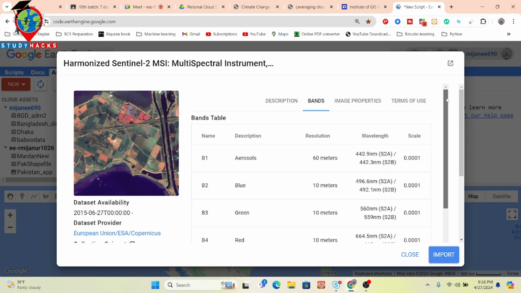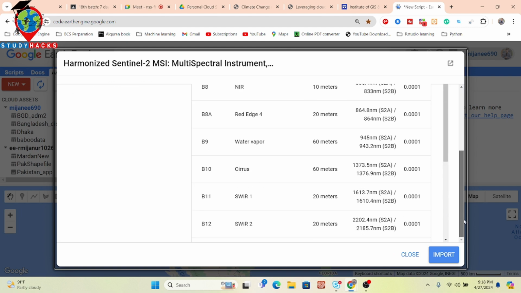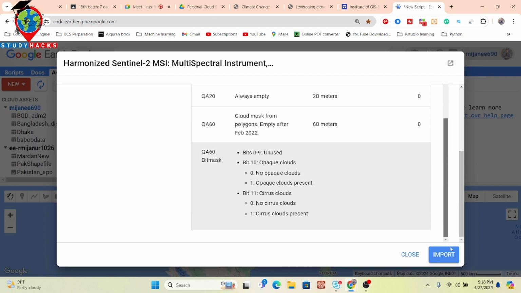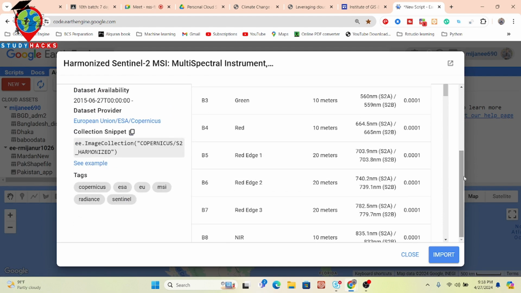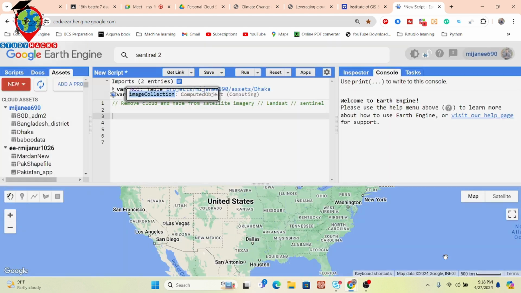Here we can get all the bands of this image, as well as all the information, mainly the image properties. Everything we can get from here. At this time, if you want, you can see the Earth Engine snippet. Simply copy and paste it, or you can click on the import button, and then this dataset is imported. Suppose I just click on import, so now this dataset is imported